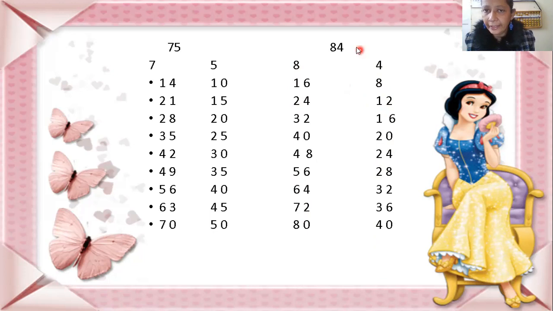मगर आप लाइन 84 के टेबल में कहां से ड्रॉ करेंगे? Here what is important is the line. Okay, 4 is one digit number, you will not draw the line here. 8 is one digit number, you will not draw the line here. लाइन कहां से ड्रॉ करनी है आपको? जहां से यहाँ पे आपके 2 digit numbers स्टार्ट हो रहे हैं, यहाँ पे स्टार्ट हो रहे हैं, तो यहाँ